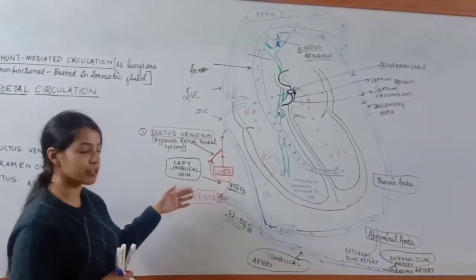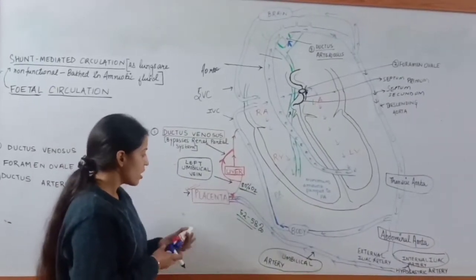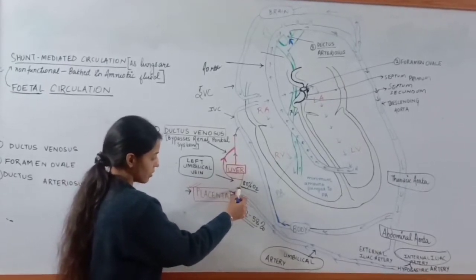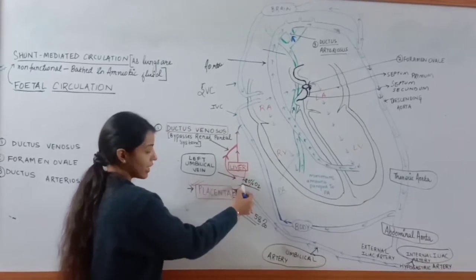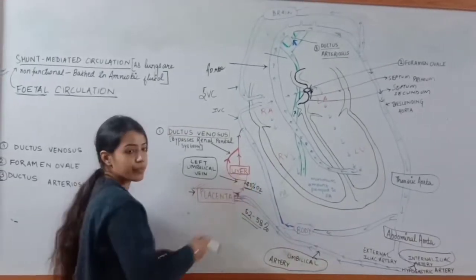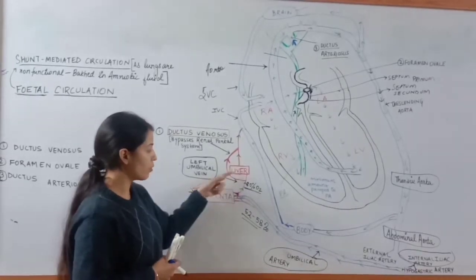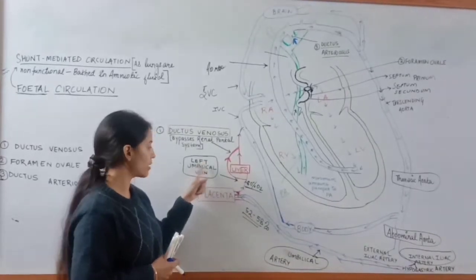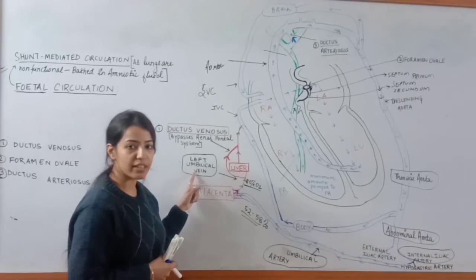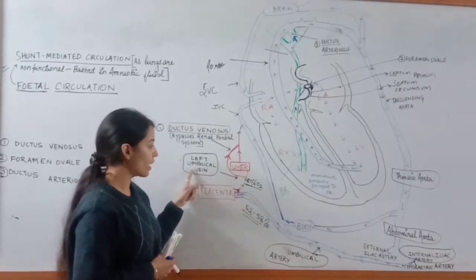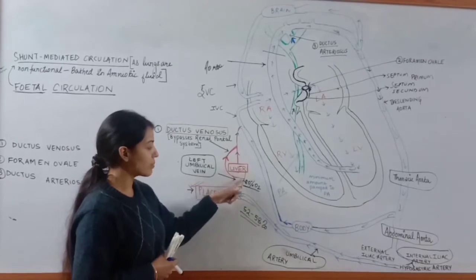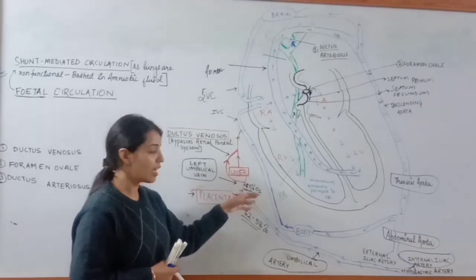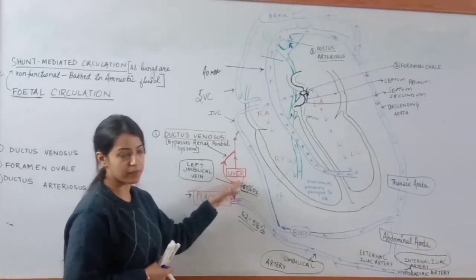Now moving on to the circulation. How does circulation occur in the fetus? So here you see from the placenta, this particular vessel, this red color, from here oxygenated blood is going into the liver. The first oxygenated blood will be going into the liver via the umbilical vein. And I have mentioned here left umbilical vein because the right one is degenerated. So it is the left umbilical vein which is going to transfer the oxygenated blood. 80% oxygen is there in this blood, and it is delivered to the liver first.